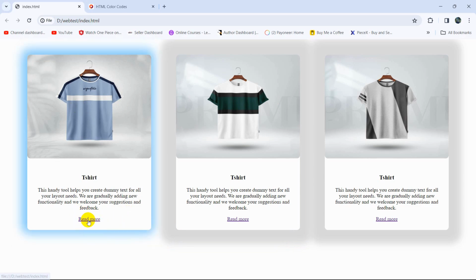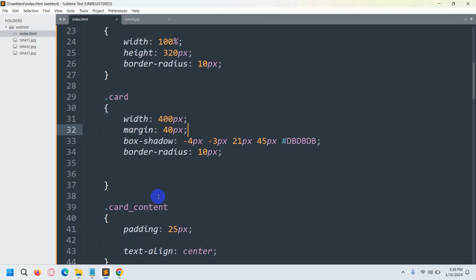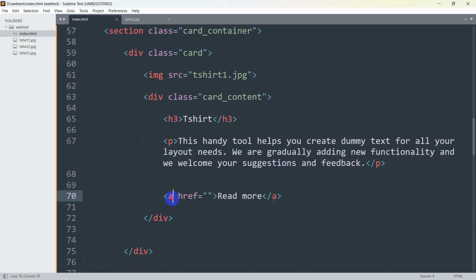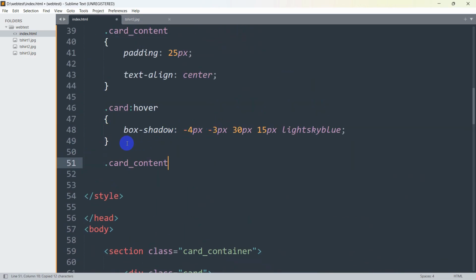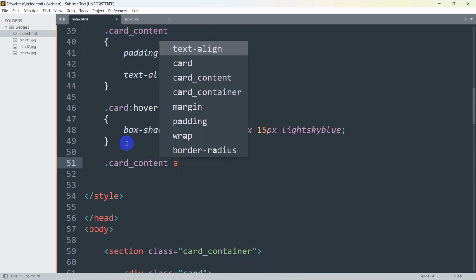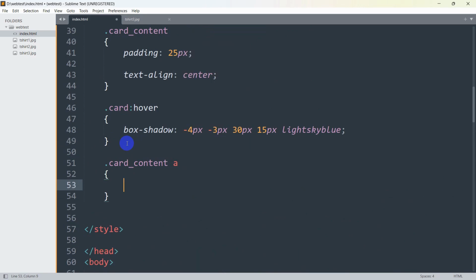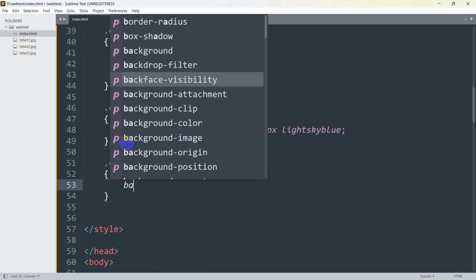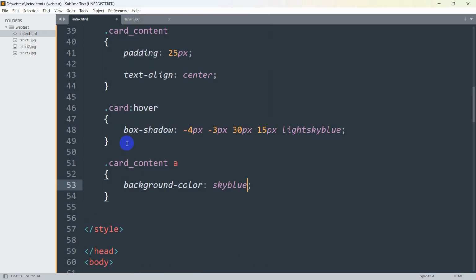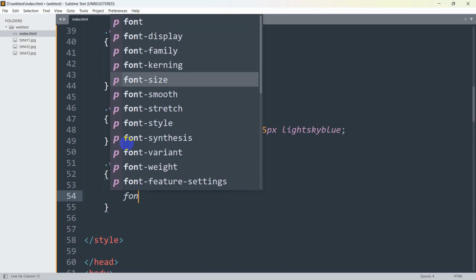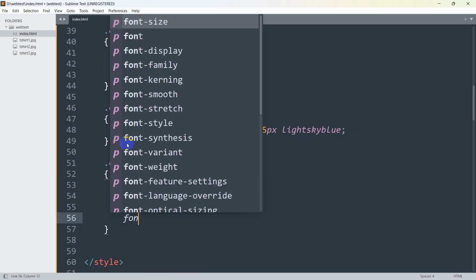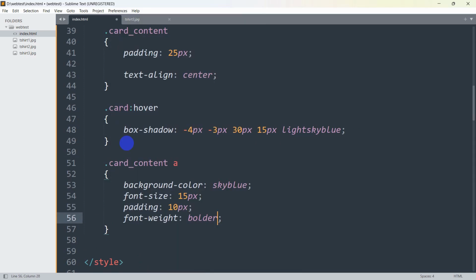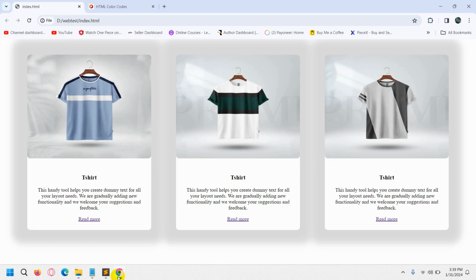So after this, let's go and change the button design. So for it, let's go back, and here you can see the anchor tag is inside the card underscore content class. So here inside the style we'll say dot card underscore content, then we'll mention the anchor tag, then give the second bracket, let's say background color, it will be sky blue. After that we'll say font size 15 px, let's say padding, it will be 10 px, font weight bolder, save it, then